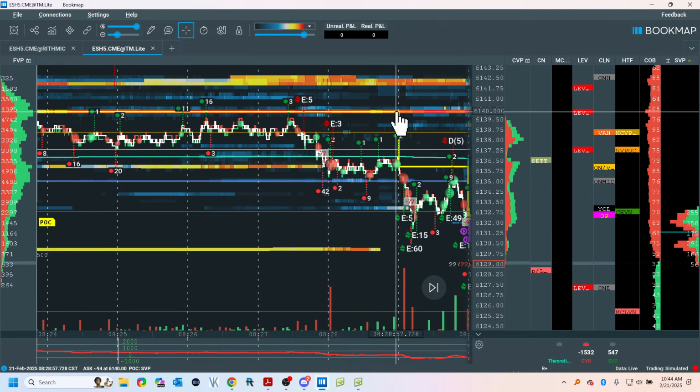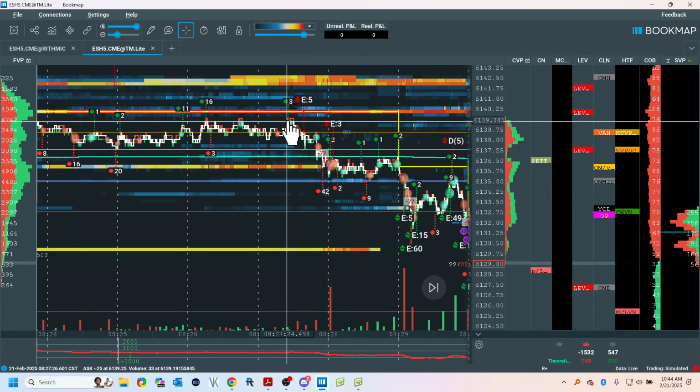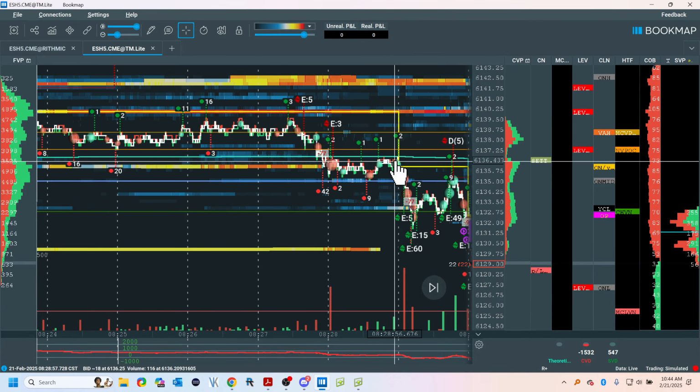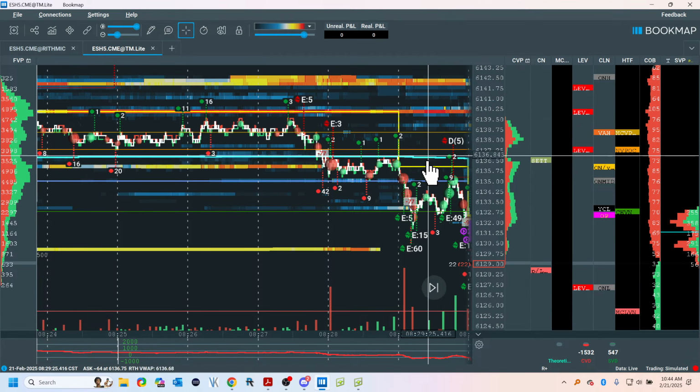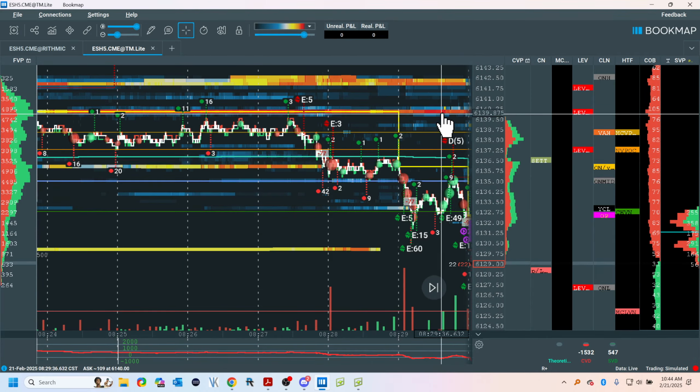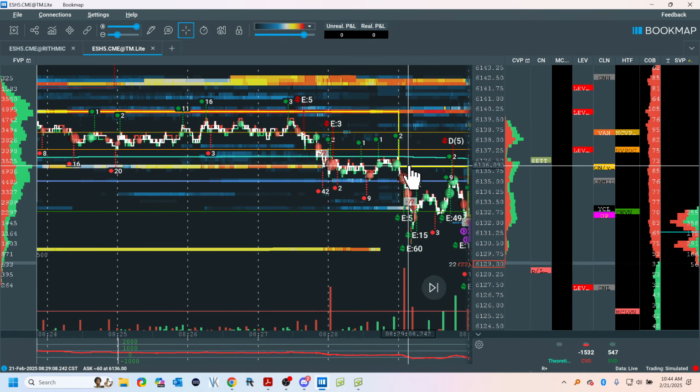In the auction or in trading itself, the purpose of the market is to figure out what's too high, what's too low, and what's just right. Fair, retail. This is how shopping works: you go to a store, you pay retail. Well, if the retail price becomes too high, the shoppers are going to leave the store. And now if the price gets lowered, because the volume now is over here, then that sets up the possibility that this is too high. So what I'm seeing is the possibility, and that's all I'm going to say, possibility, because that's all you got. That's too high, and now this is the retail price.